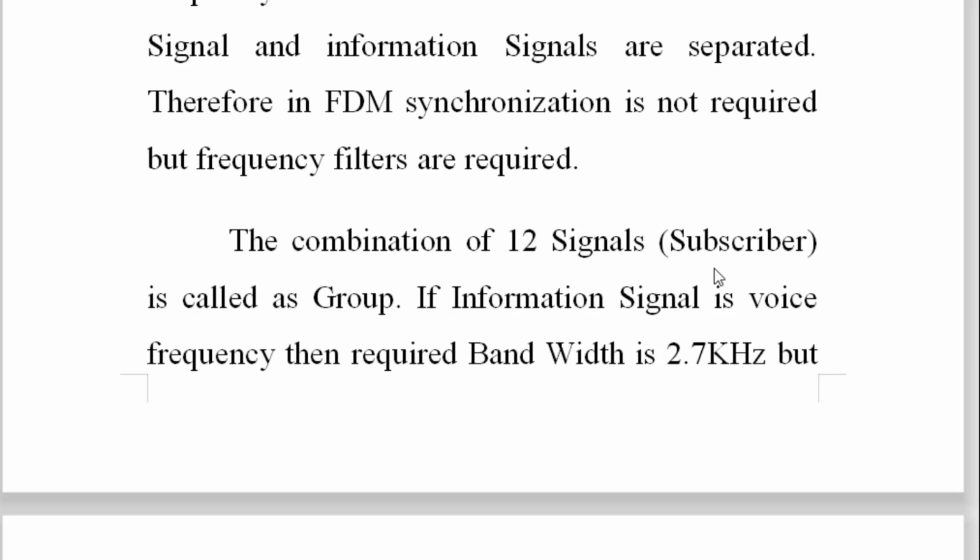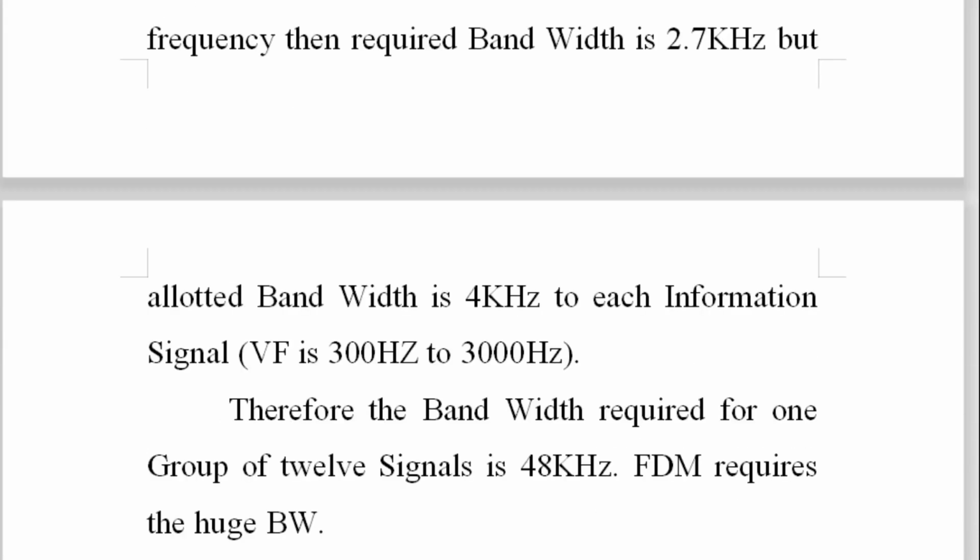12 subscribers means 12 information signals. The combination of 12 signals is called a group. If the information signal is a voice frequency, then the required bandwidth is 2.7 kilohertz, but the allotted bandwidth is 4 kilohertz to each information signal. And it is internationally decided that the allotted bandwidth is on the higher side than the requirement,